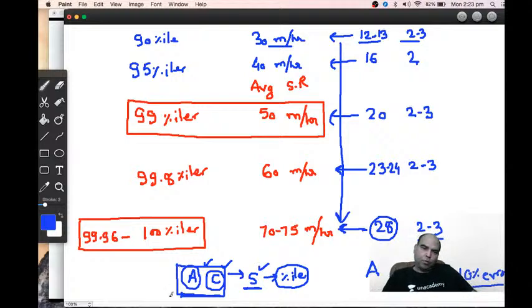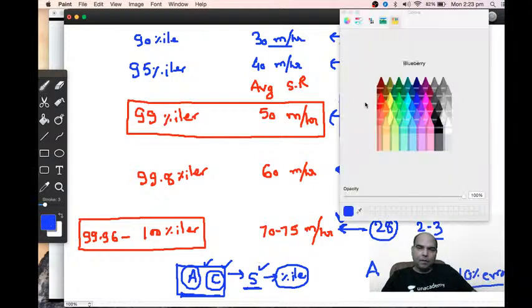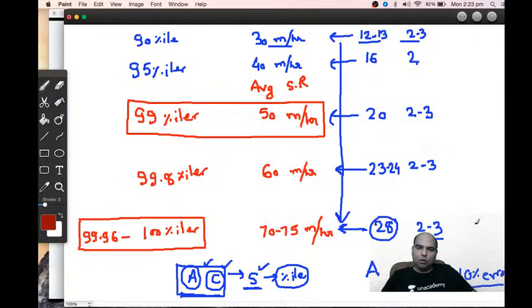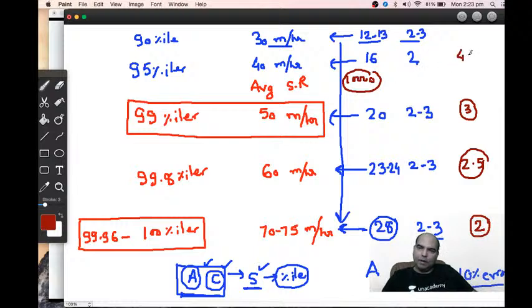Okay? So this is the game basically, and essentially if you then see in terms of the time per attempt, obviously 100 percentile is difficult to achieve. So it must be difficult to keep an average 2 minutes per attempt. It might be easier to do 2.5 per attempt. Much easier to do 3 minutes per attempt. And much easier because obviously 10,000 people are able to maintain 5 percentile, 5% people. That means 10,000 people are able to maintain 4 minutes per attempt. So the journey is basically to move down this scale.